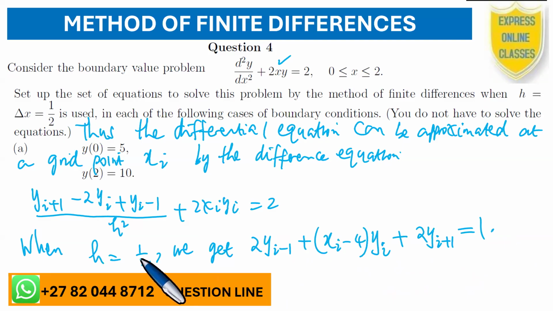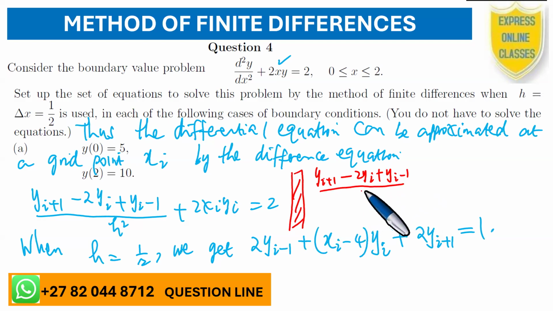Okay, so when h equals 1/2, we get the following. Let us analyze these together. What happens when h equals 1/2? Okay, we'll perform a small division here. Let's put h equals 1/2 into this equation. And if we do, we shall have yi plus 1, 2yi,